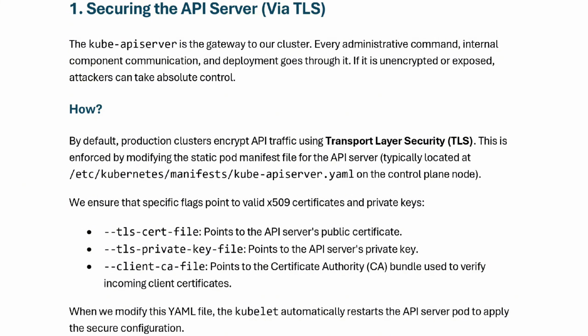This is enforced by modifying the static pod manifest file for the API server that is typically located at /etc/kubernetes/manifest/kube-apiserver.yaml on the control plane node. So we ensure that specific flags point to the valid X509 certificate and private keys. That is like the flags for TLS certificate file, TLS private key file, and client CA file. These are the updates that need to be made in the kube-apiserver YAML file that would have valid TLS